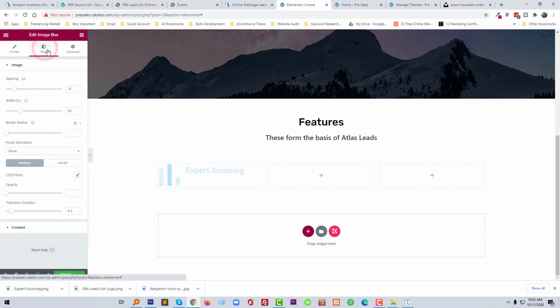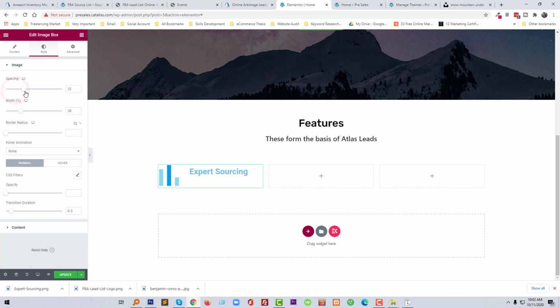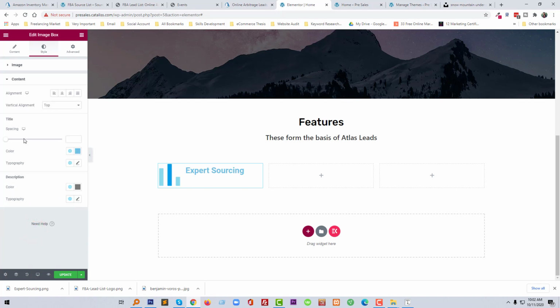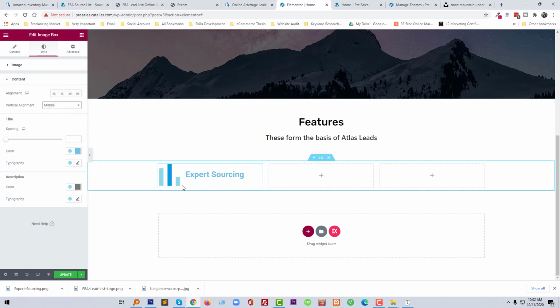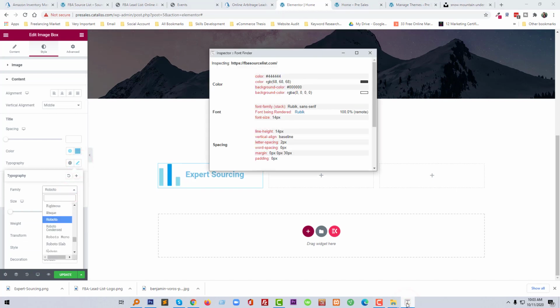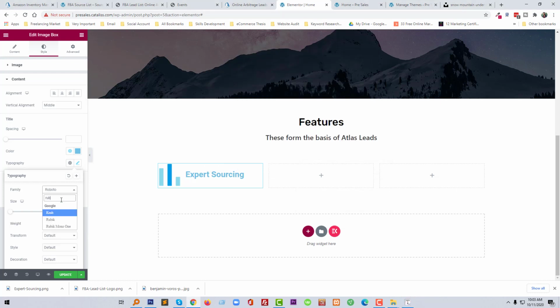So I'm going to click on the style button, and from here spacing 50, that's good. Width okay. Vertical align middle. Now it looks perfect. Rubik, changing the font size. Rubik. Okay,